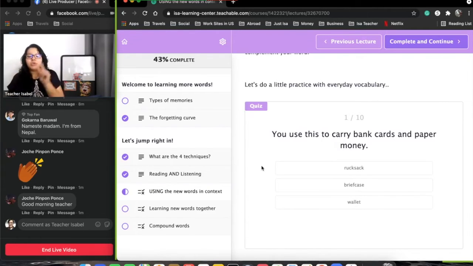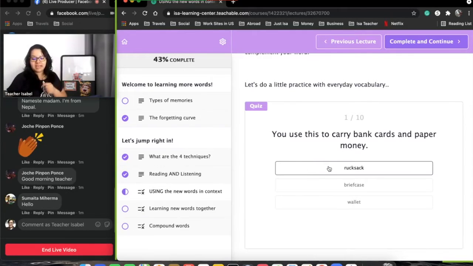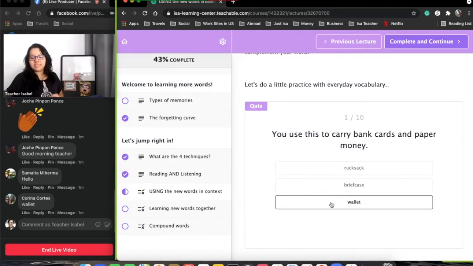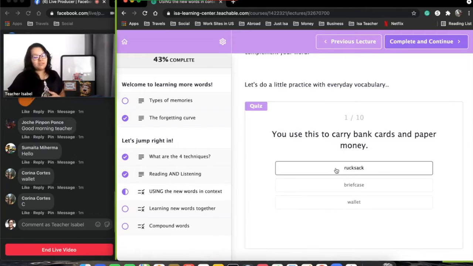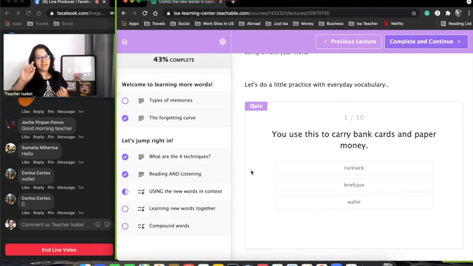But you use this to carry bank cards and paper money. So, is it A, rucksack? Is it B, briefcase? Or is it C, wallet? And I say this is British English because we don't say rucksack in American English. And I'm not going to tell you what we say because if you know American English, you might figure out the answer to one of the questions where the answer is rucksack. So I'm not going to tell you. But anyway,